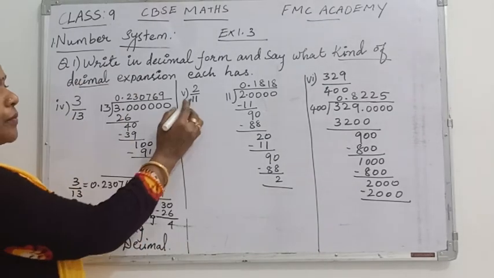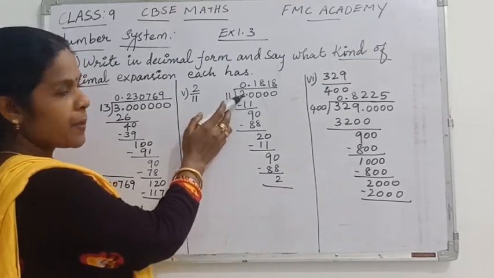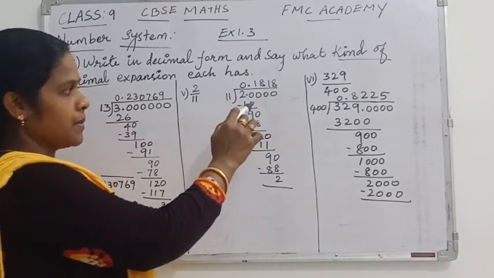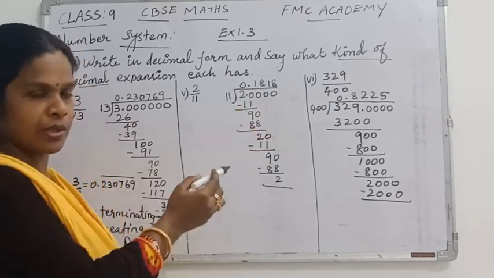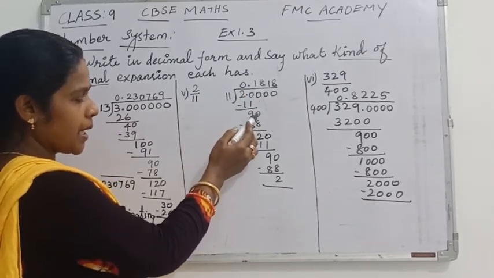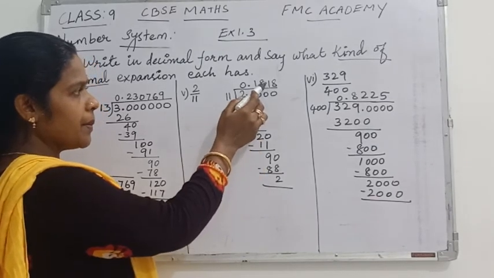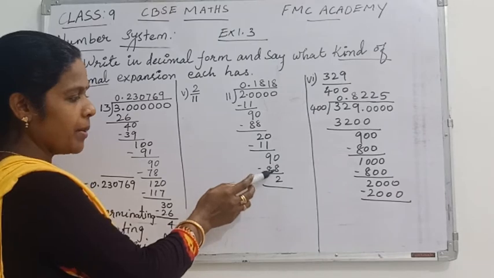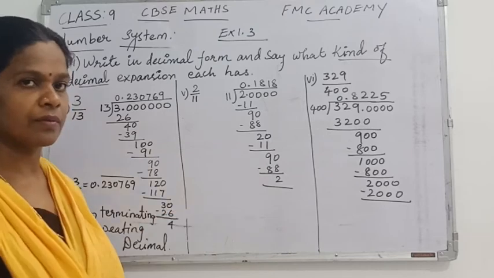Next, in question number 1, fifth one, 2 divided by 11. In this also you can see 2 is not possible to divide, so 0.2 we are keeping. Then we keep the number of zeros, meaning after the point, how many digits you need, accordingly you keep the zeros, right? So 1 time 11, 11 you are getting. When you do minus, 9, then bring down 0, 90. It will be 8, 11 eights are 88, do minus again, 20, right? In 20 it will be 1 time, 1 eleven is 11, do minus again 90. In 90 how many times? 8 times, 8 elevens are 88, 2.